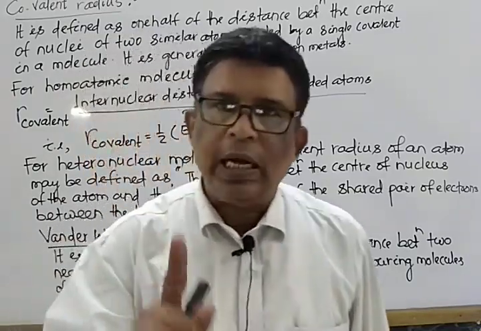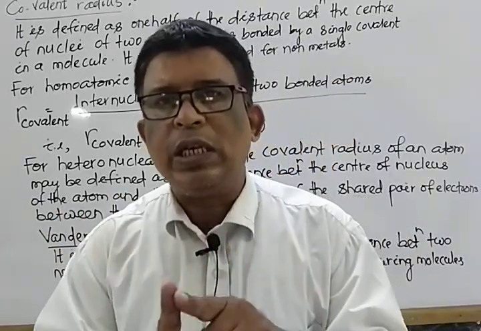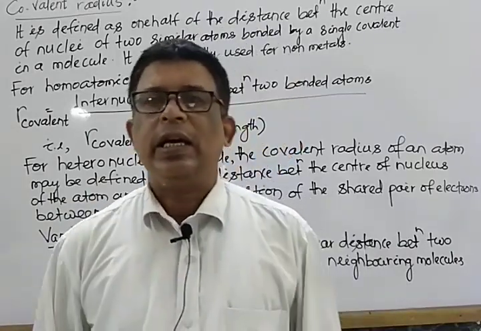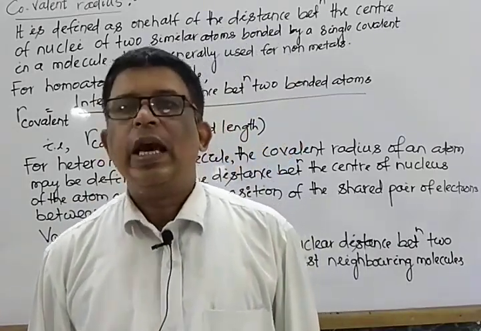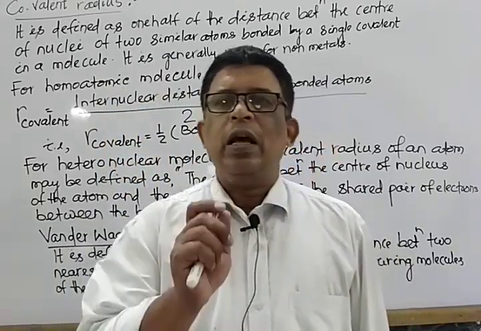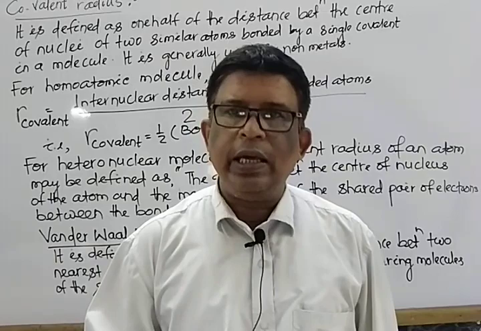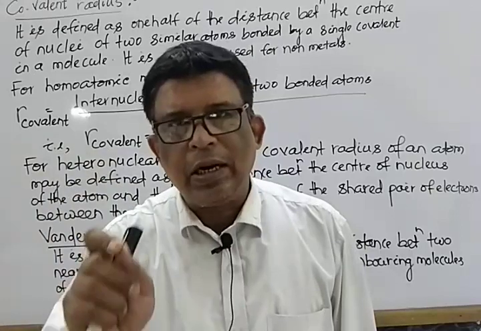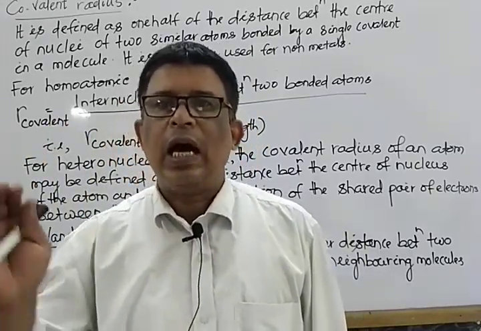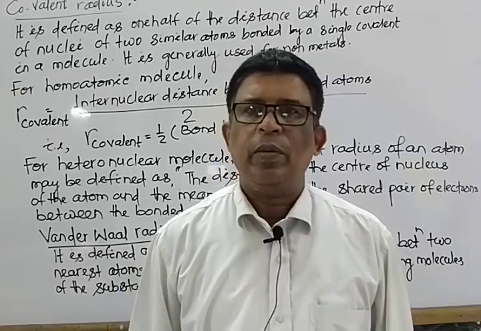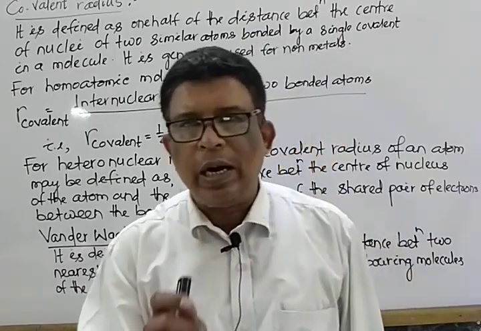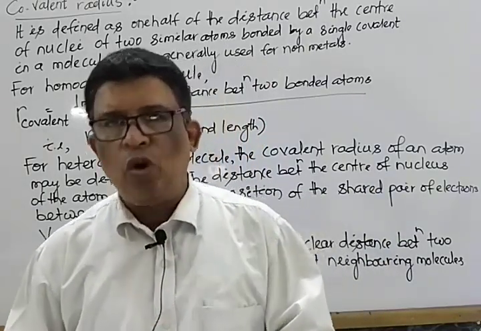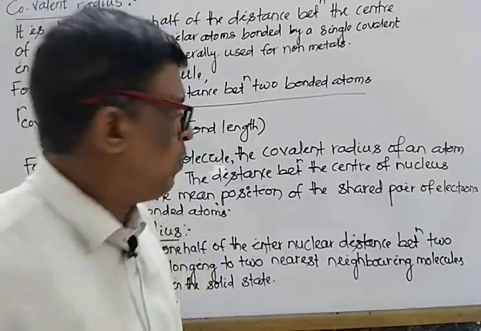And the third one is metallic radius. If two metals are in closest approach by a metallic bond, then half of the internuclear distance is known as the metallic radius. If we compare these three, then the highest distance is, first, the van der Waals radius. So we can say that R van der Waals is greater than R metallic, and the last one is R covalent. I repeat again, van der Waals radius is highest, then metallic radius, then covalent radius. Mark that diagrammatically.